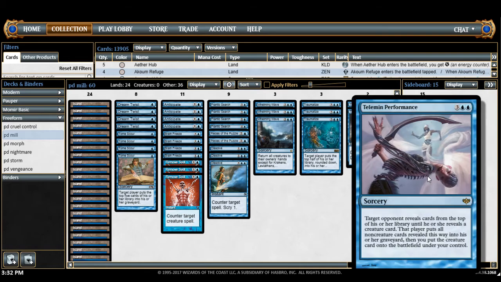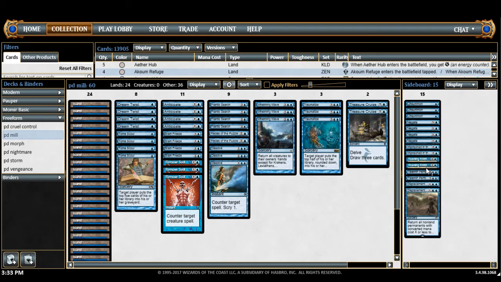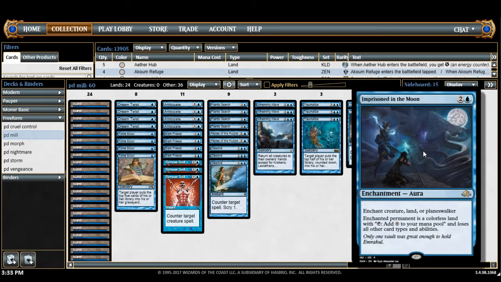Talent of the Telepath is for the control decks with very few creatures in their deck. You kind of just mill them out. It's almost a better Traumatize. You can probably mill their entire deck sometimes. Rushing River is for random permanents. A big permanent that'd probably be bad is Elixir of Immortality, but it's hard to react to. Another one is something like Witchbane Orb or Orb of Warding, anything that gives them hexproof, because you have to target them, so you kind of need this kind of effect. And Imprison the Moon,